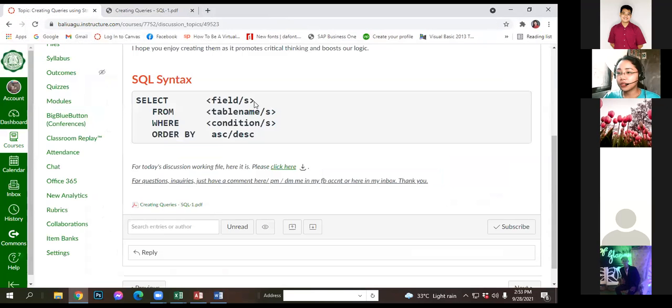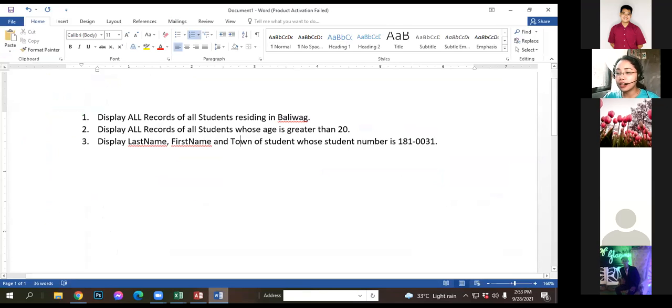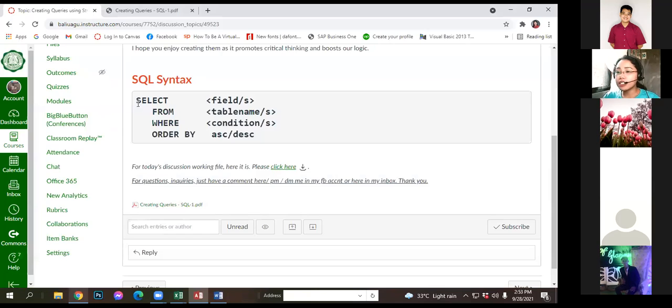Select fields lang kung hindi lahat. So, sige, demo muna natin. Again, select fields, tapos from, tapos yung condition niya. Okay? So,